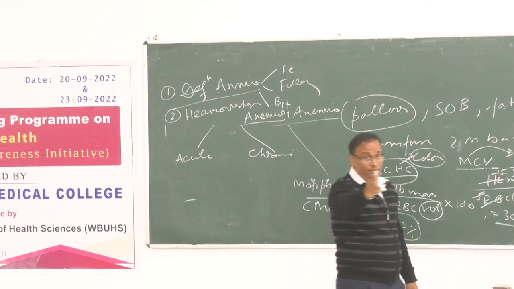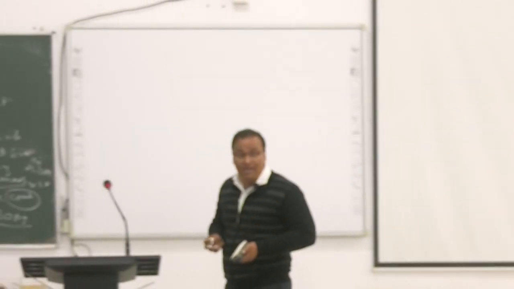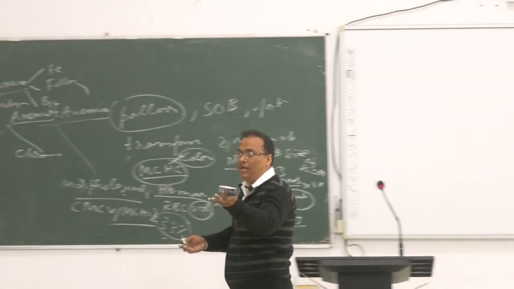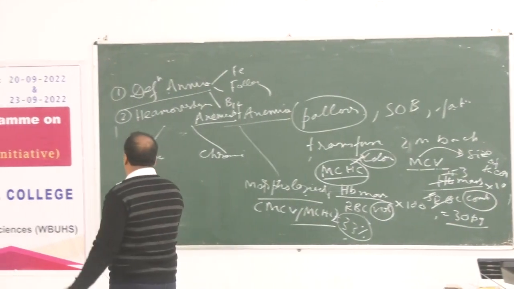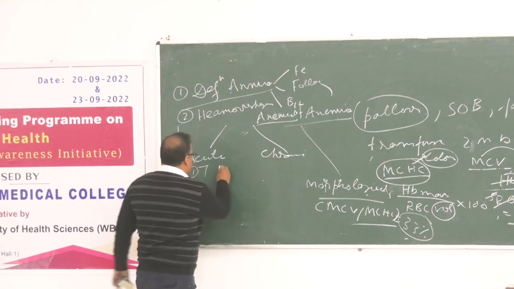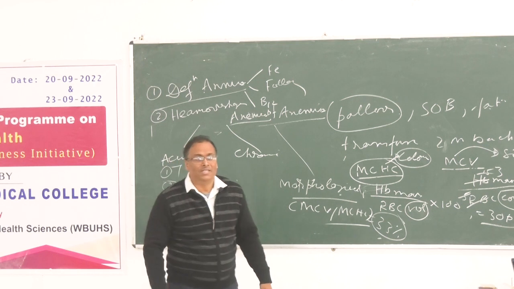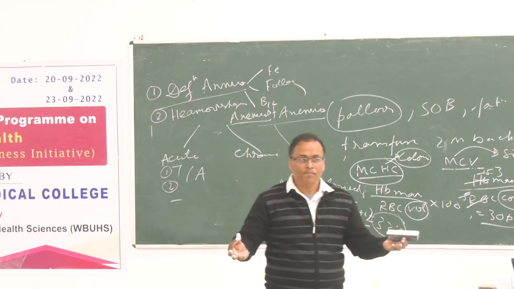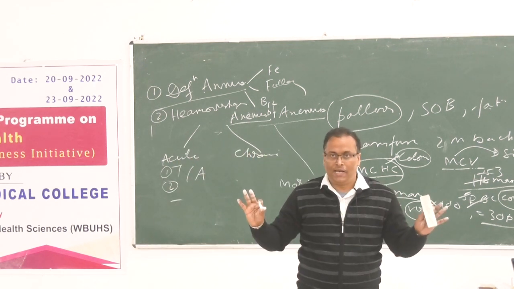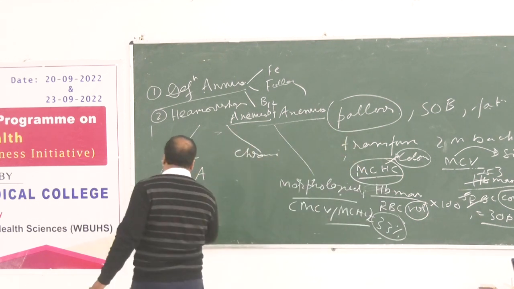History will tell you since when the bleeding is happening, and what type of bleeding it is. What type of acute bleeding may occur? Anyone? Trauma, accident. So one is trauma, then accident. Number 2, what type can it be? Epistaxis. What do you mean by epistaxis? You may not know, still I tell you, nasal bleeding. Medically it is called epistaxis.